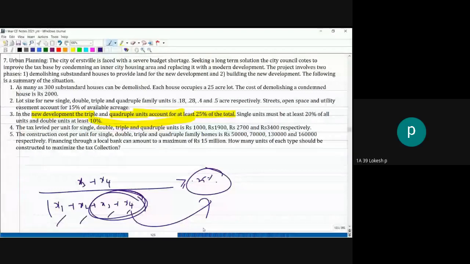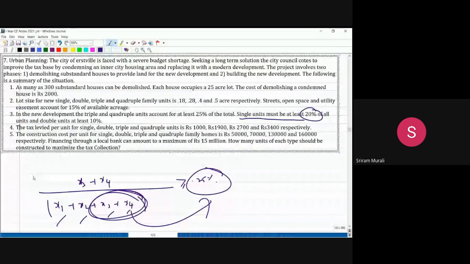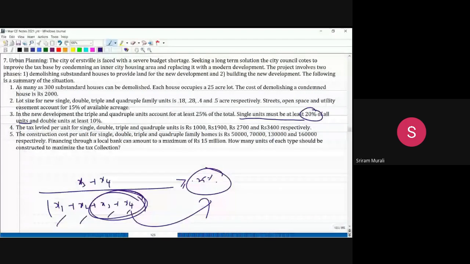Yes, sir. In the same way, single unit must be 25% of all units, and double unit must be 10%. So the same way in the total x1